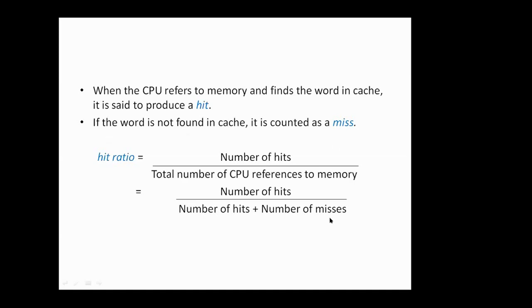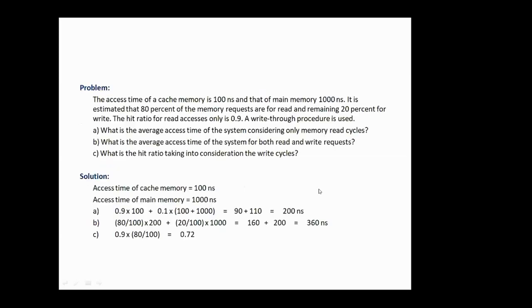So this will be the formula. Let us take up a numerical problem on this concept of hit and miss. The problem says that we have a cache memory, its access time is 100 nanoseconds, and we have a main memory, its access time is 1000 nanoseconds. Fine. So the cache memory in this numerical also is showing that it is faster than main memory,